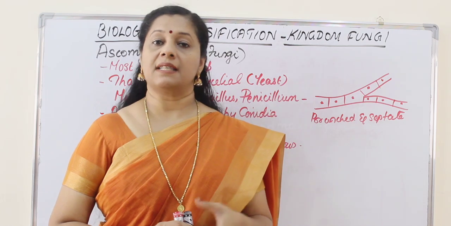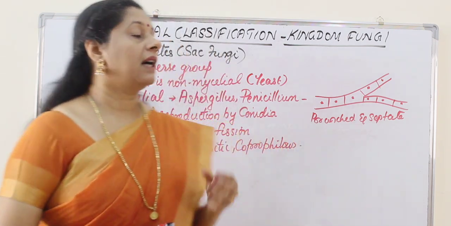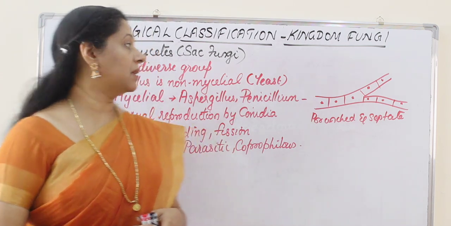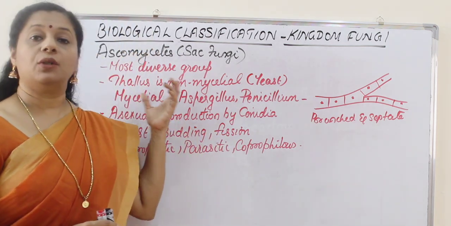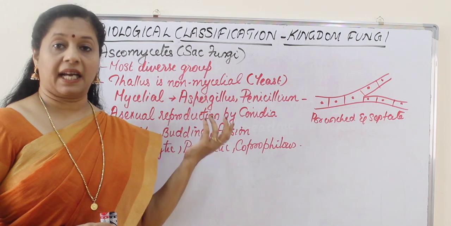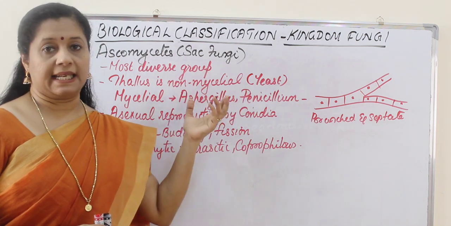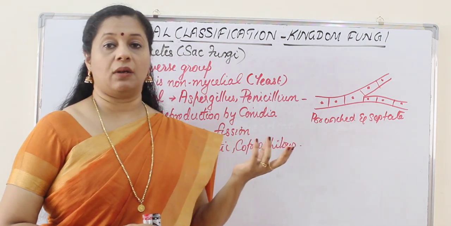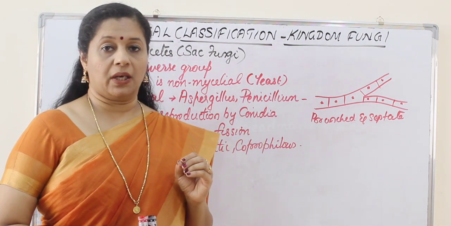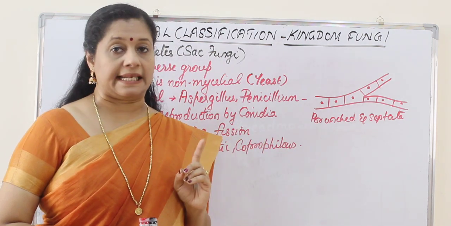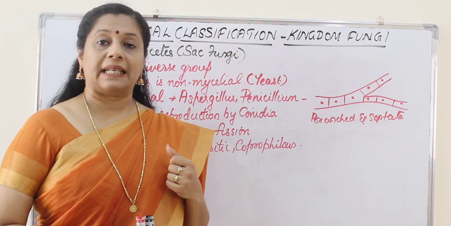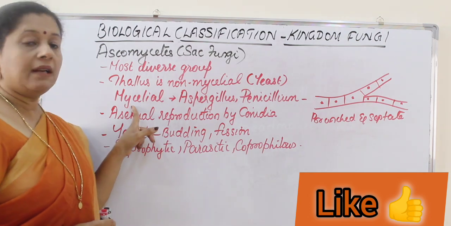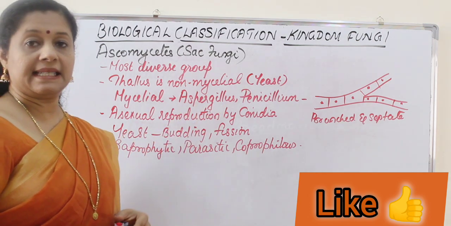The next fungi is Ascomycetes. Ascomycetes actually is the diverse group among the higher fungi. It has many members in it. It is actually 2 types. Either it can be thallus, which is non-mycelial, that means yeast. Usually these Ascomycetes are multicellular, but rarely it is unicellular. Which is that unicellular member? Yeast or Saccharomyces. So the yeast is unicellular, so it is amycelial, whereas the mycelial ones are Aspergillus, Penicillium, etc.,